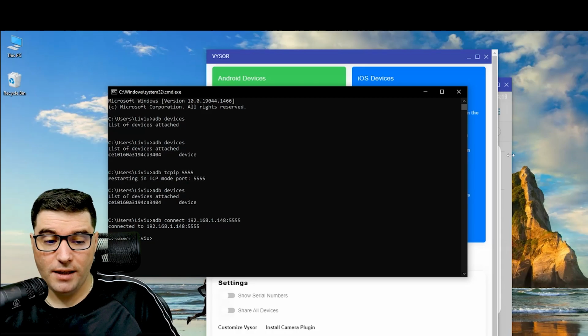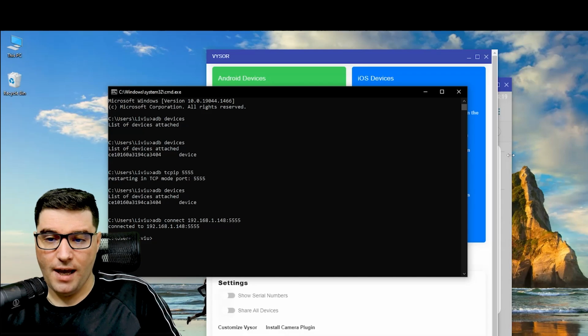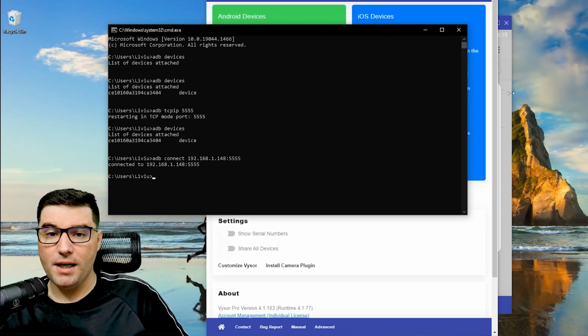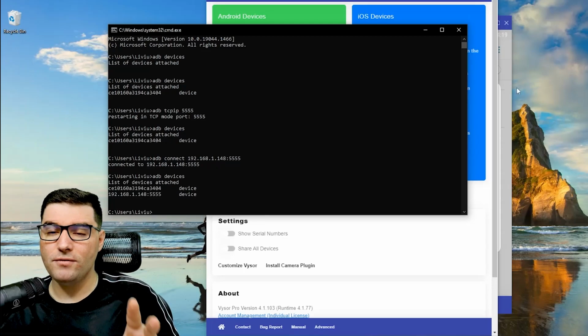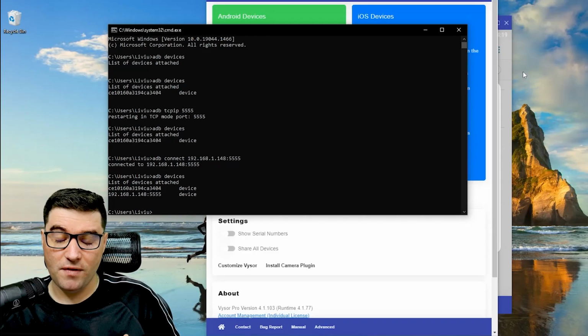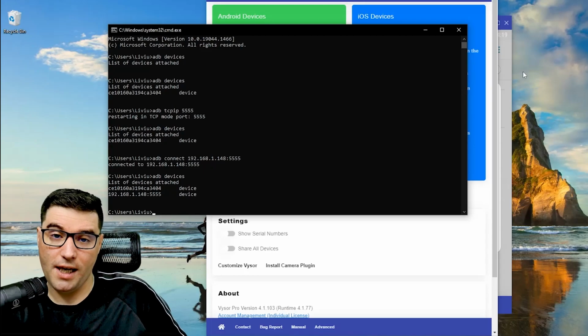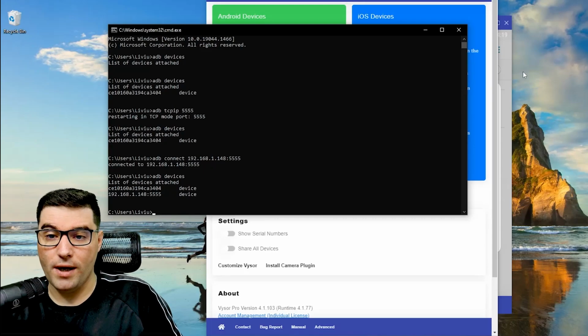Once I give this command, it will say connected to 192.168.1.148, and if I type in ADB devices, so now I have two devices connected to my system. In reality, it's the same device, but one connection is for the cable and one connection is for wireless.